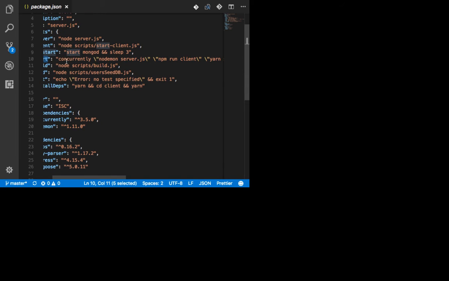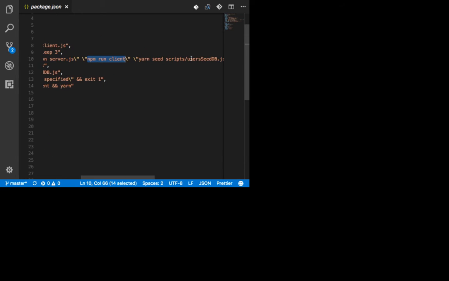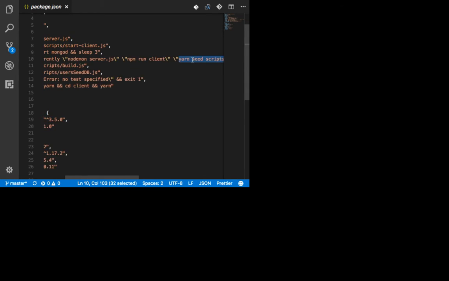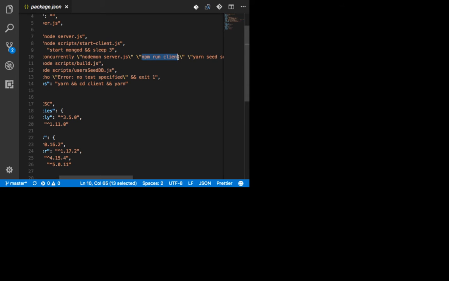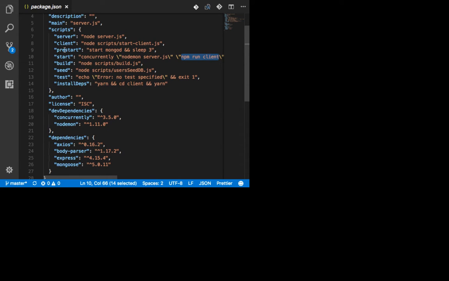Here's what it does. It's using a package called concurrently. It runs the server, and also it runs npm client. And after that, it runs a seed something, which I'm assuming it's gonna fill in some data, right? And when I go back to npm run client, which is over here, this one is running the front end.